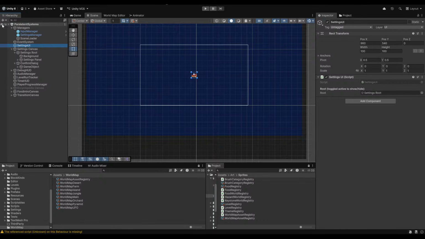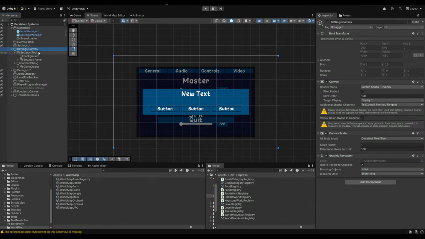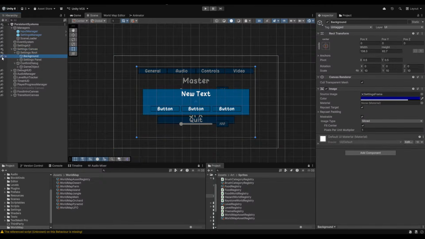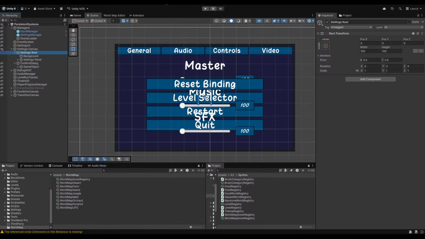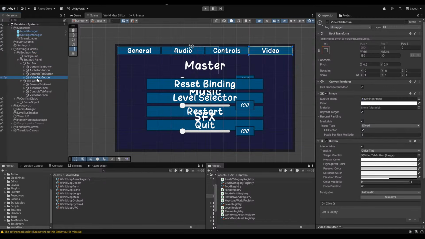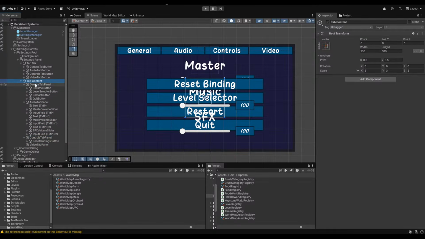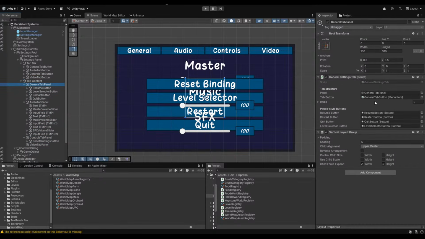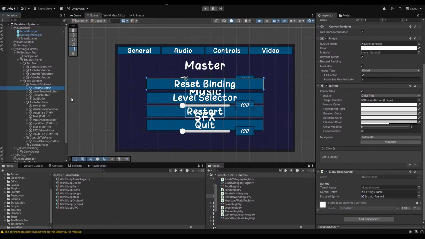Let's actually hide everything and show canvas itself. And I should probably also hide the background. Where is, yeah, confirm dialog. And here we have our settings system. Here we have all the tabs for the 4 things: general, audio, controls, each panel. And then, yeah, it's not the best, but I do have menu item system per buttons.